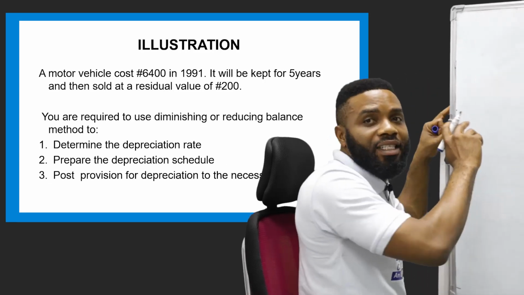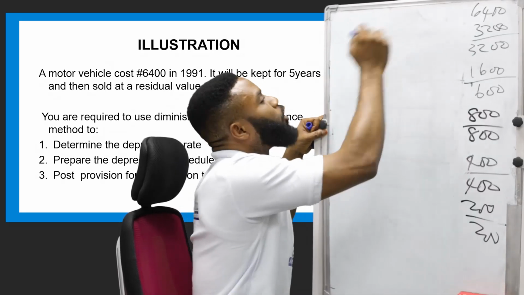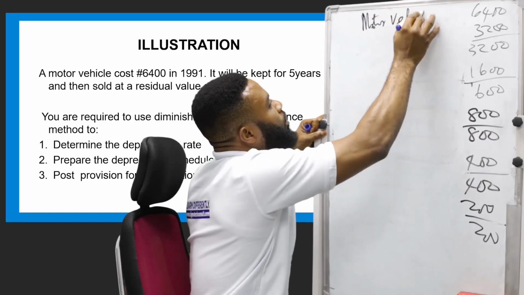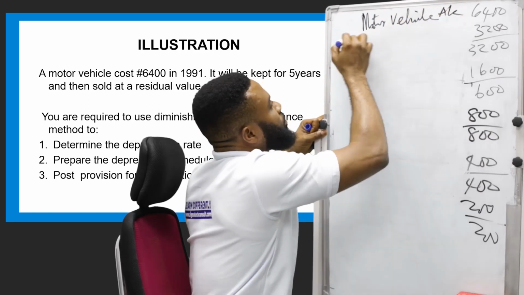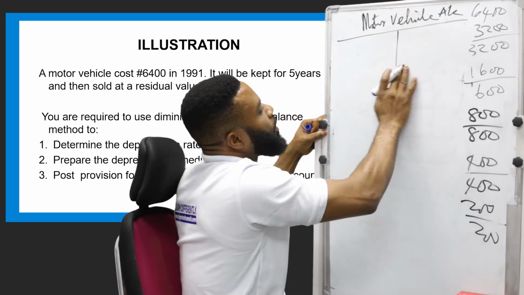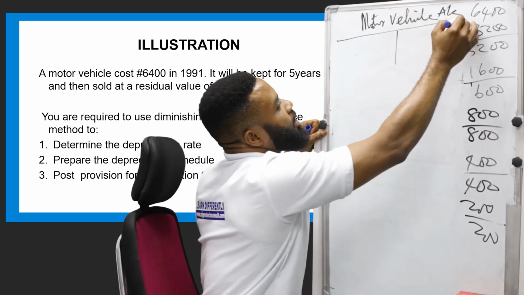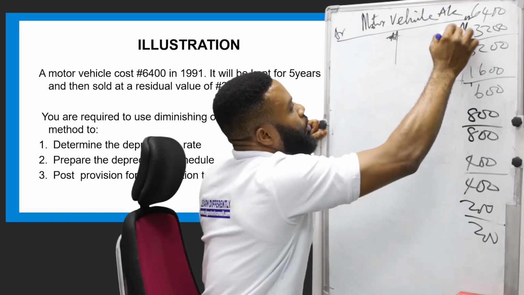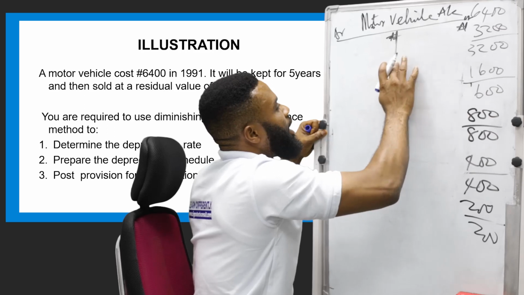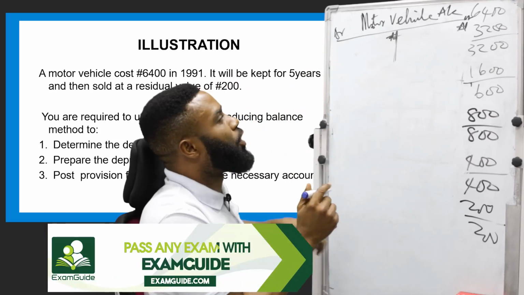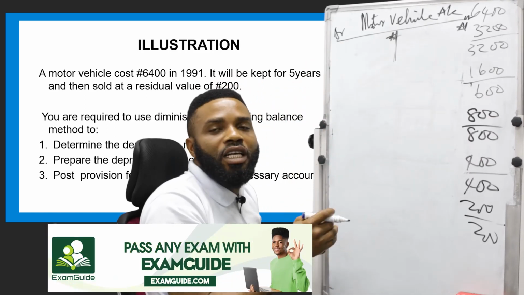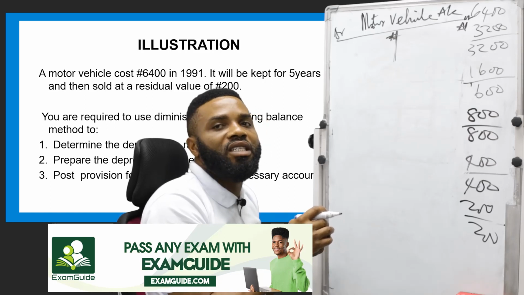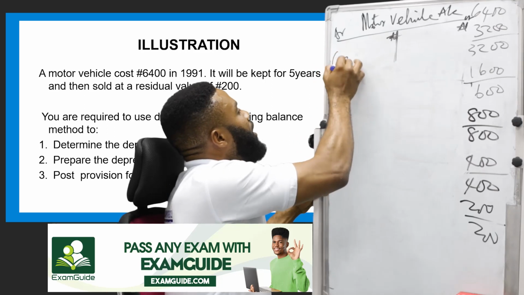First of all, let's look at the asset. The name of the asset is called what? Motor vehicle. So you have motor vehicle account. When you have your motor vehicle account like this, here is the credit side and here is the debit side. Since we are operating with Nigerian currency, you don't forget your Naira sign. Now, at this point, you ask yourself, what is the cost of the asset? The cost of the asset is what? 6,400. You come here and you write cash,